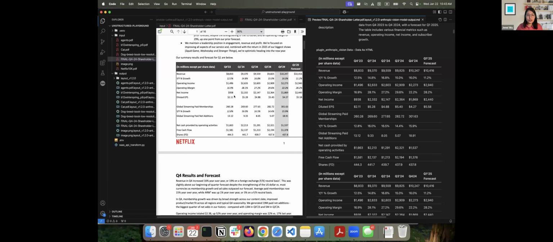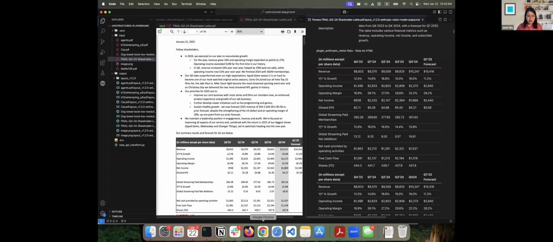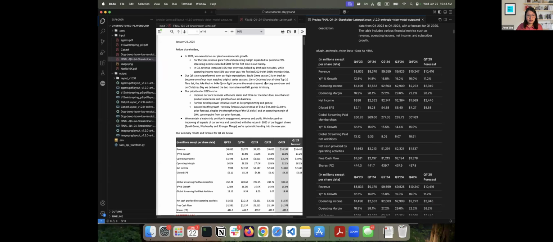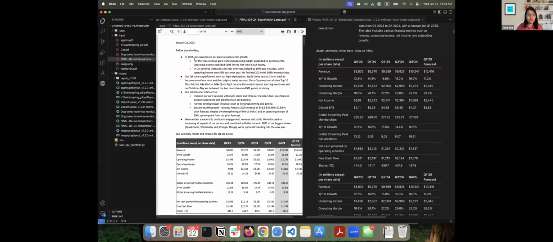So now let's go and ask it some questions about this shareholders letter. So if I go back to our RAG application, what was Netflix's revenue growth in 2024? Ask this question. Inside the RAG application, it's going into the vector database, pulling out relevant information similar to the question, and it'll provide an answer. Okay, 16% year over year. Let's see if we can go find that in the document. Okay, for the year, revenue grew 16%. And so it's pulling this word for word from the document.